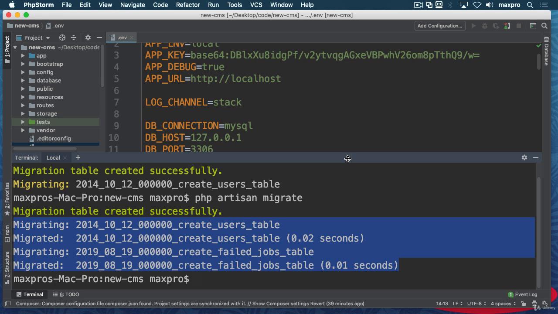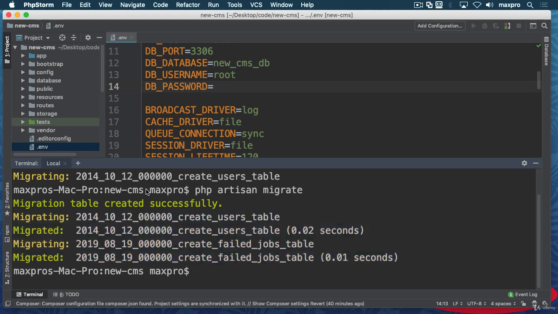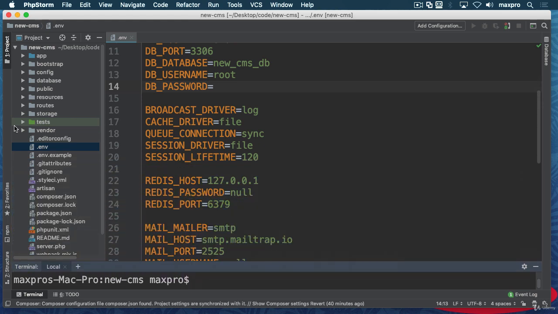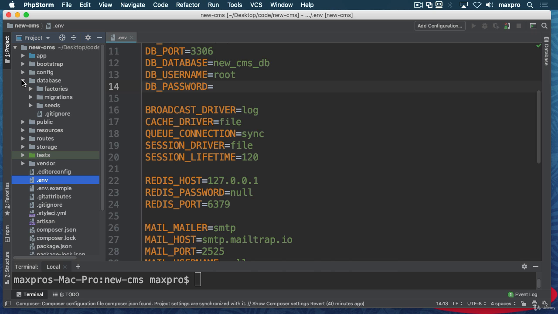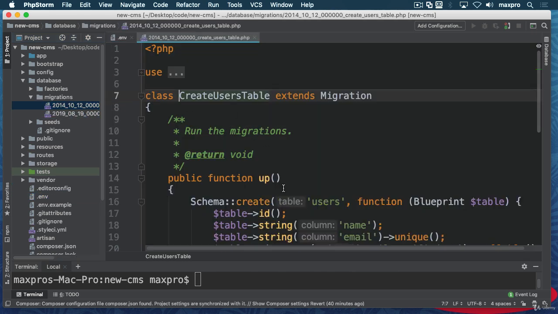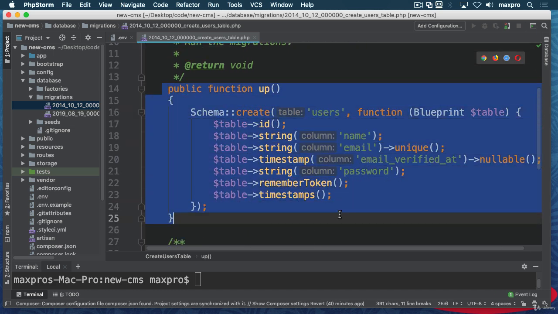Now you might be thinking, what in the world just happened? So you see this command, PHP artisan migrate, actually invoked, in the database folder, in the migrations folder, this functionality right here that we got. This functionality here is responsible for creating a